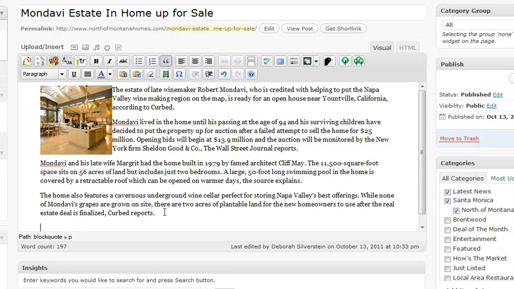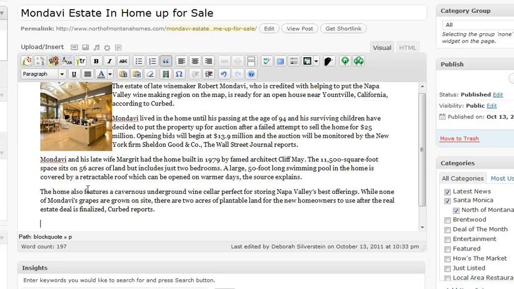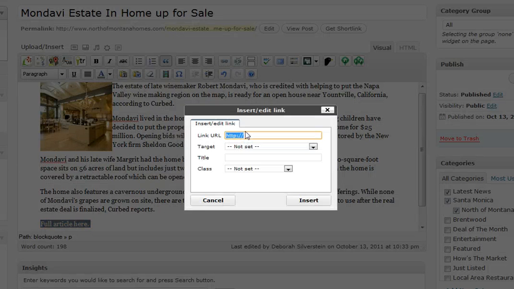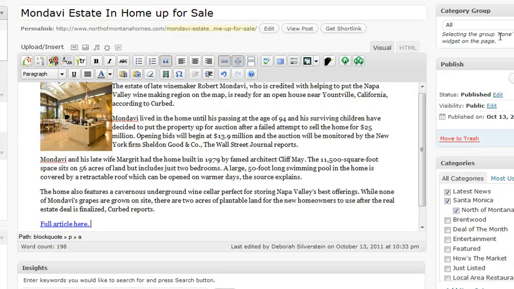Now the third thing you have to do is link to the original source. So within this post, if you just hit enter and then put something like original article, full article here, whatever you want, any kind of text. You put some kind of text like that, and then you highlight it, and then click on the link button here, and enter the link of whatever the original source is. All right, so let's just say this, I'll just call this example.com, and we just insert this. So now what we have here, when we preview the page,